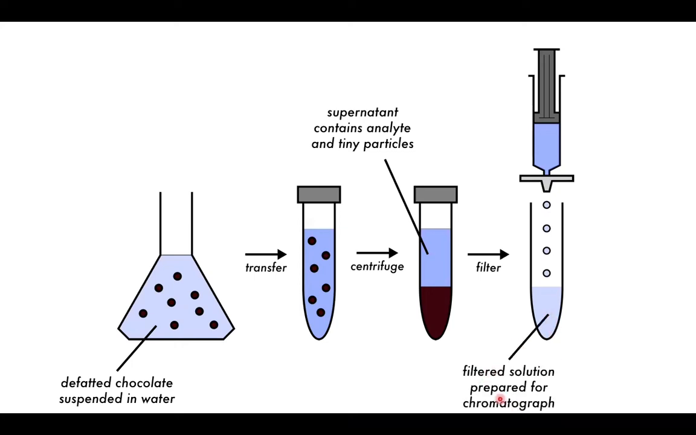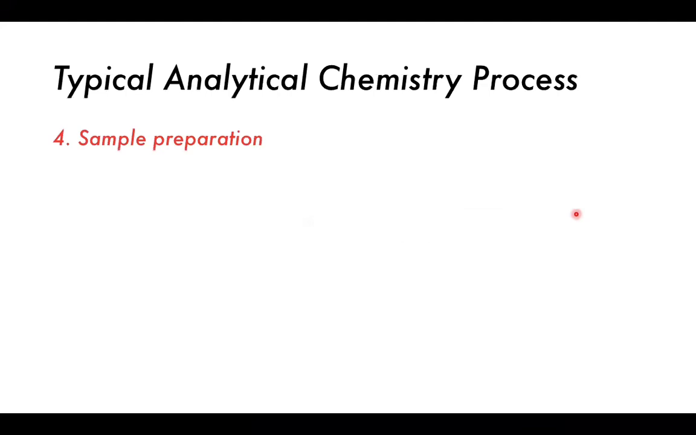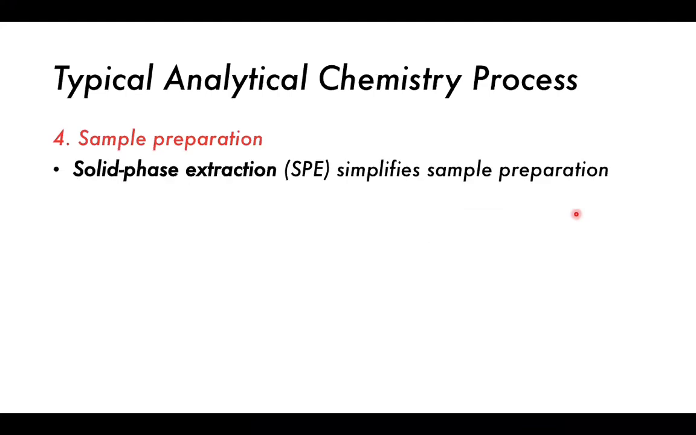So here we have at the bottom the filtered solution prepared for the chromatograph, and we have here the filter. It's this little brown or gray thing there. That's a micropore filter, which is very, very useful for these sorts of processes. So we've gone through our sample preparation pretty easily, but that was the old traditional method, which was devised